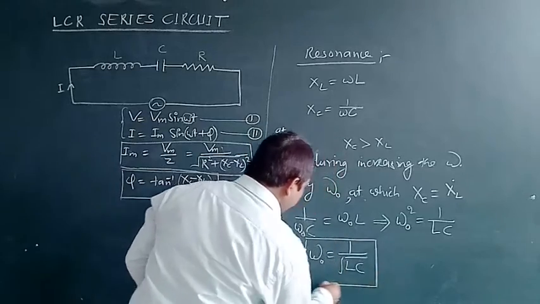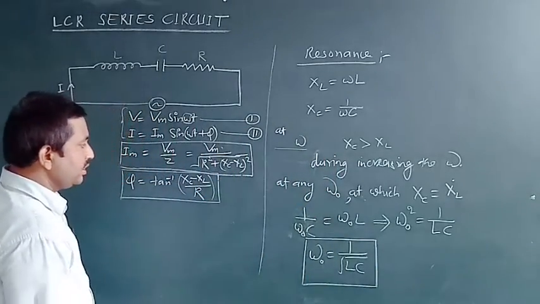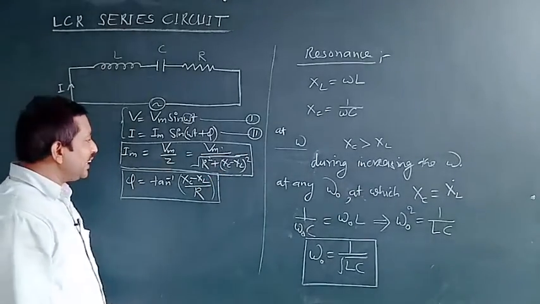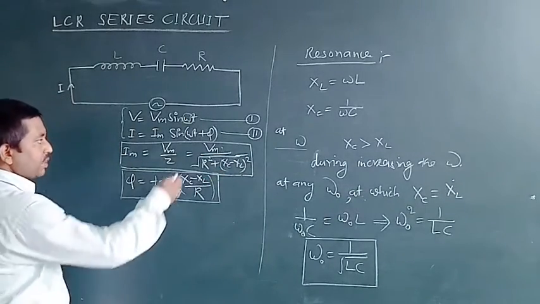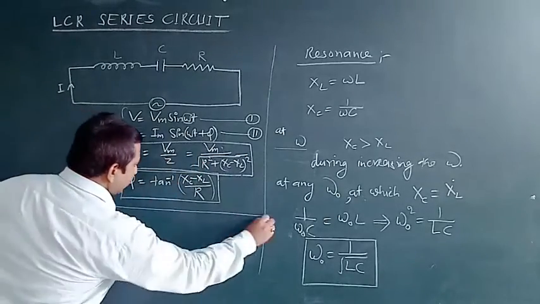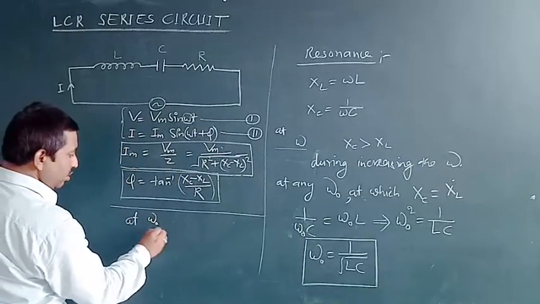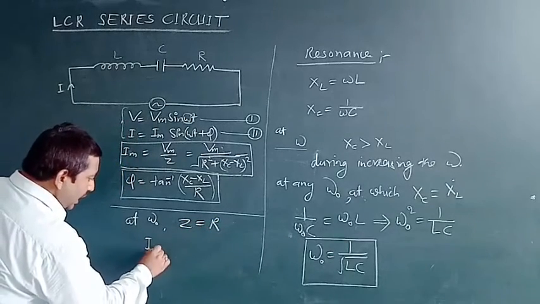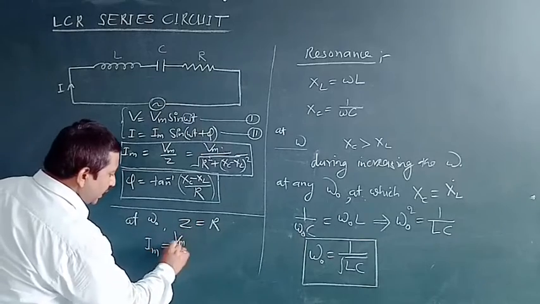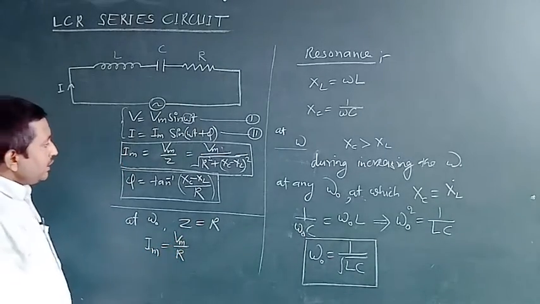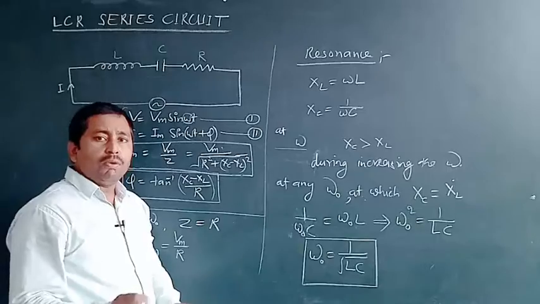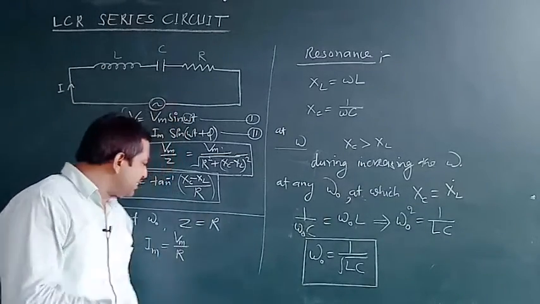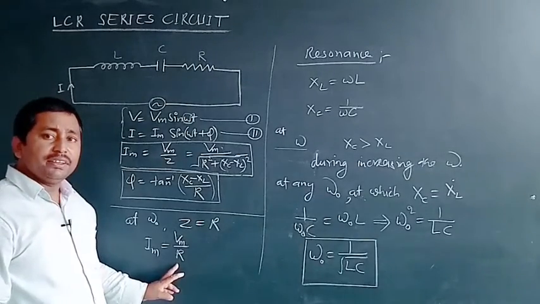So this is a particular frequency at which XC becomes just equal to XL, and at that frequency the Z becomes R. It means at omega naught Z becomes R. So Im becomes Vm by R. As we know, the minimum value of the impedance of any LCR series circuit will be just equal to the resistance, and